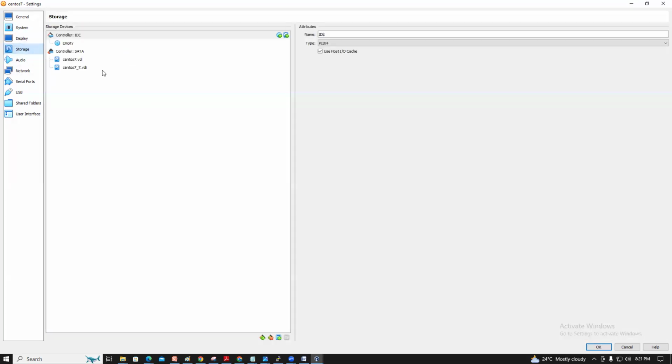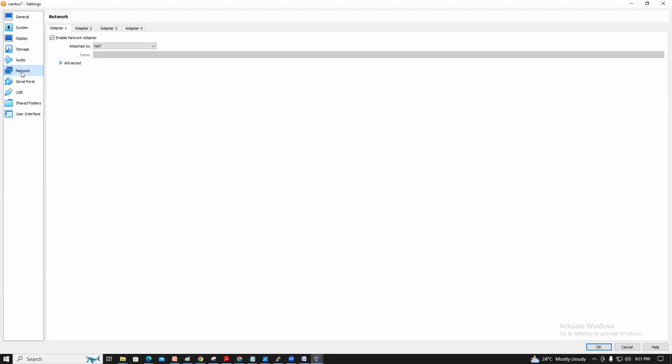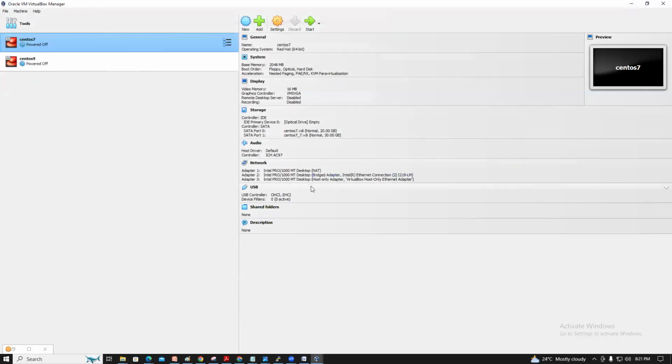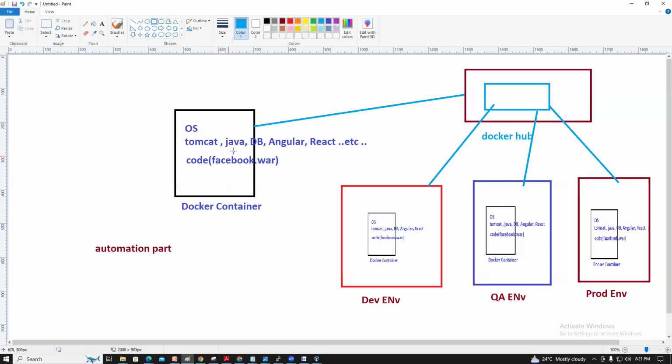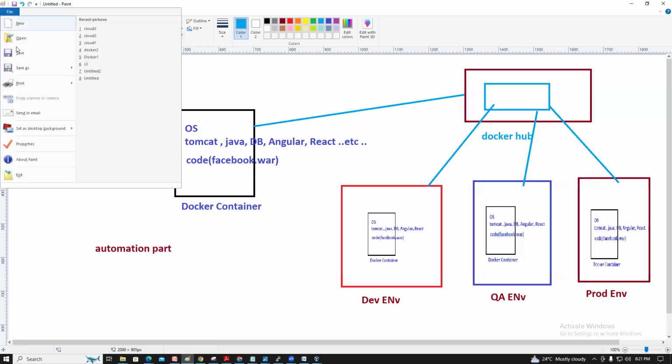Then for storage we use something like 20 GB to deploy our application and install the OS, and for the network, adapter 1, adapter 3. So we provided all the information for installing the OS: the resources, the storage, and the networking to connect to the server. The same way, if you want to launch an instance,